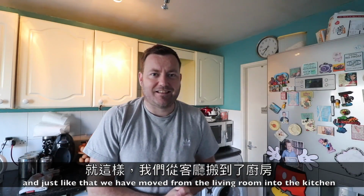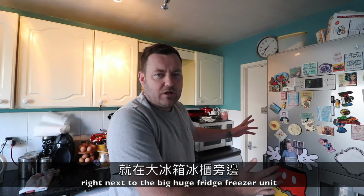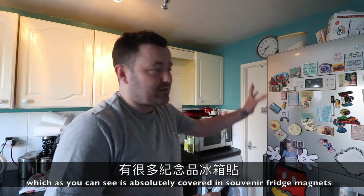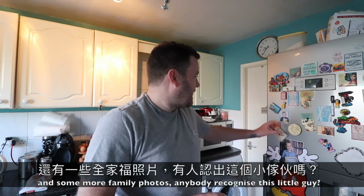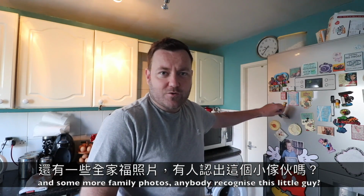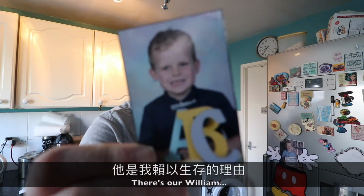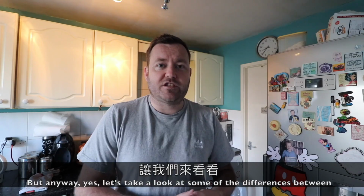And just like that, we have moved from the living room into the kitchen, right next to the big huge fridge freezer unit, which as you can see is absolutely covered in souvenir fridge magnets and some more family photos. Anybody recognize this little guy? Ta-da! There's our William. But anyway, yes, let's take a look at some of the differences between my kitchen here